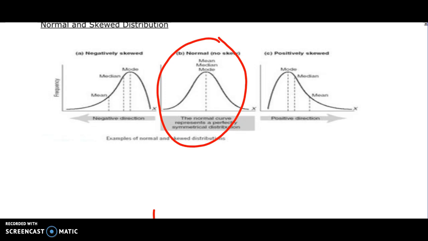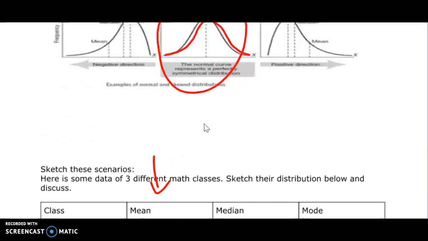They don't necessarily have to be exactly on top of each other, but very close to each other at least. So mean, median, mode are on top of each other. You get what's called a normal curve or a bell curve or a normal bell curve. That is when mean, median, and mode are the same. Now that is very common in distributions found normally. Grade distribution, you get something very similar to this most of the time,